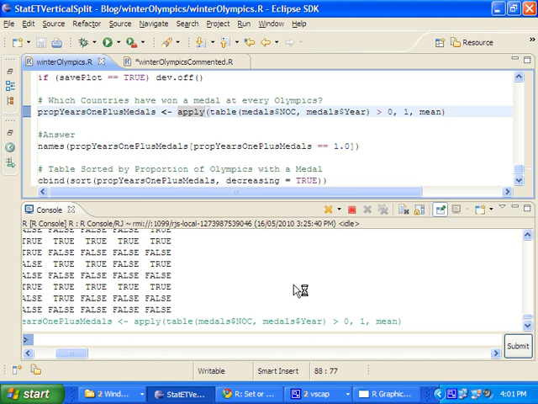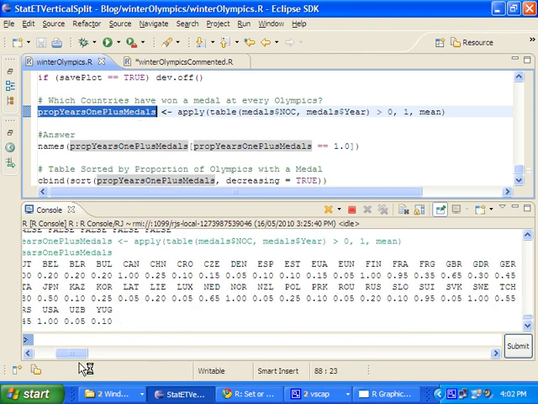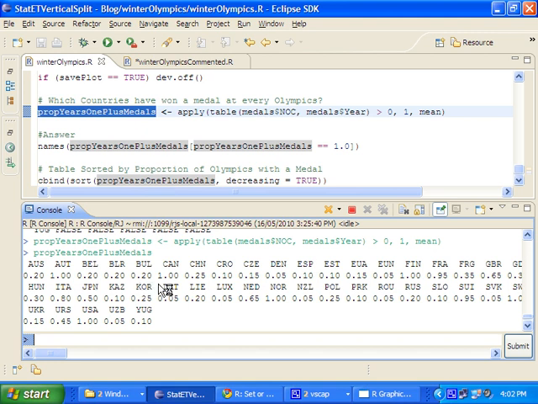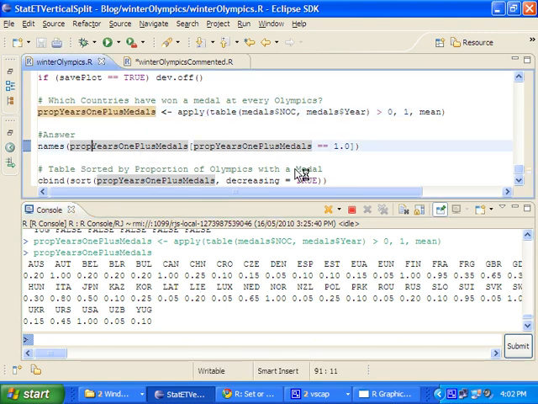So if the row mean is 1, that's saying that every single element of that row is a true, and therefore that country has won a medal in each of those years. So I now have a variable called prop years 1 plus medals, and we see the values of the, I guess, percentage of years that that country has won one or more medals.